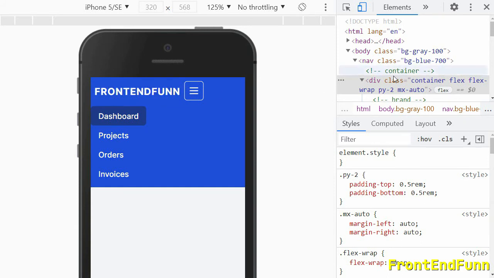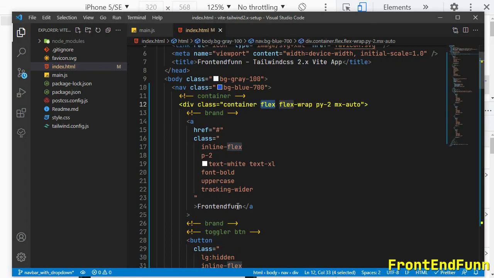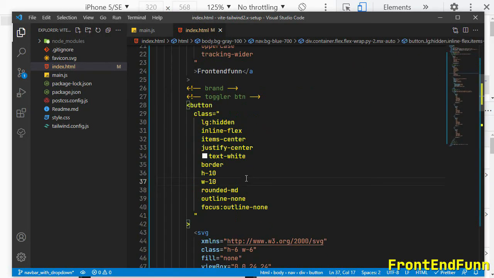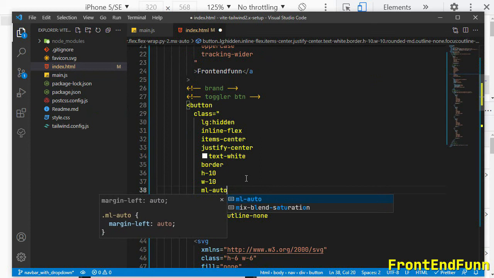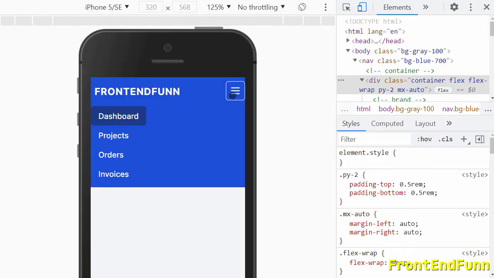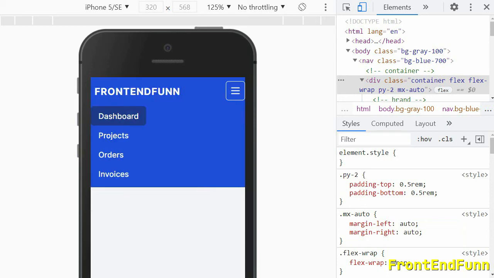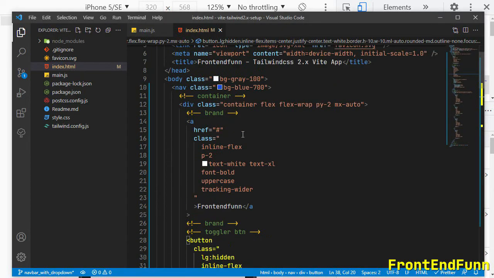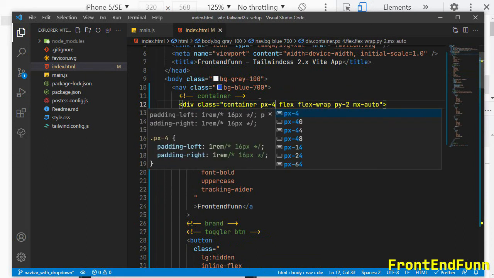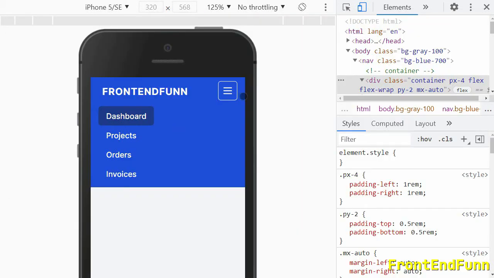We want this button to be pushed completely to the right, so we'll add margin left on this button, so ml-auto. Let's also add some horizontal padding on the container, so px-4.